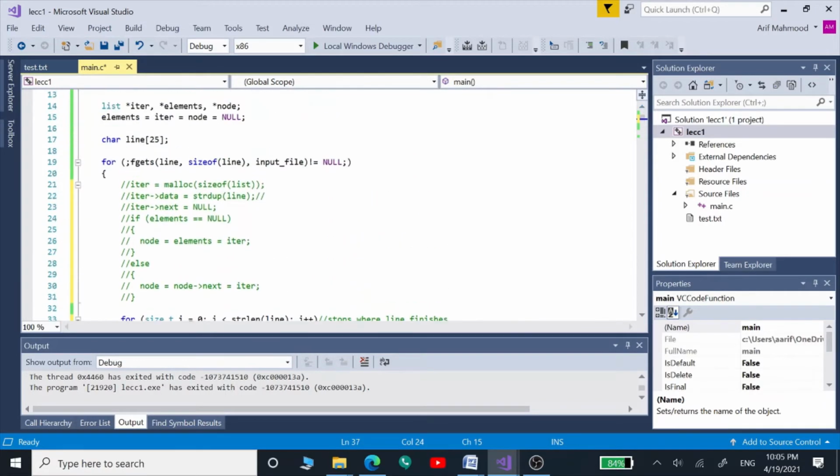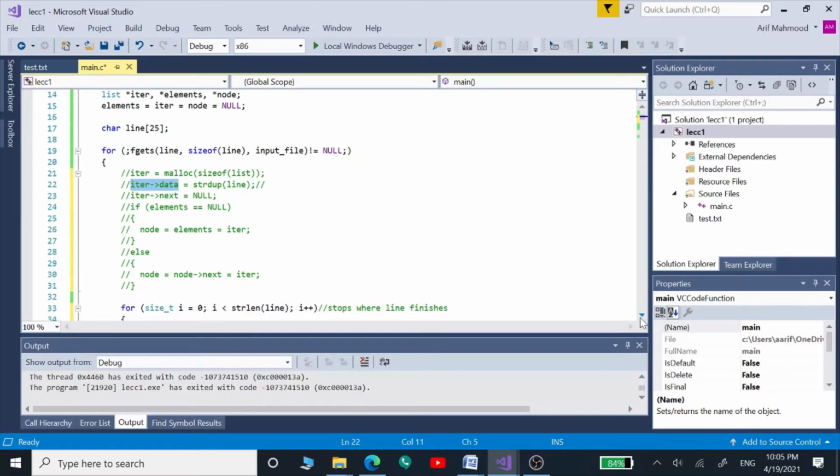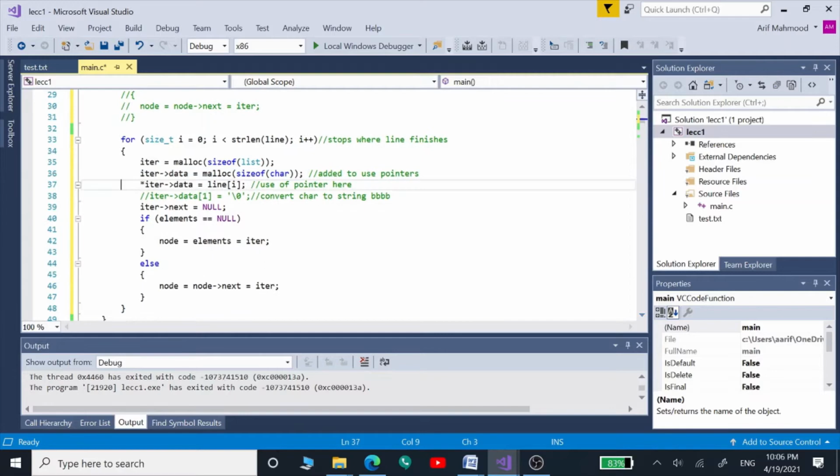But before, we were just straight away sending those values to the iterator data variable. So this is the difference. After that, the same lines are there, but now we are storing this character line[i] rather than the line variable.